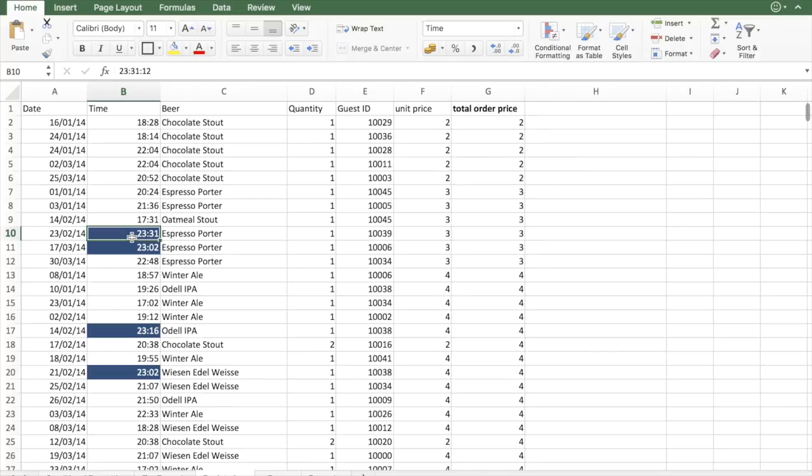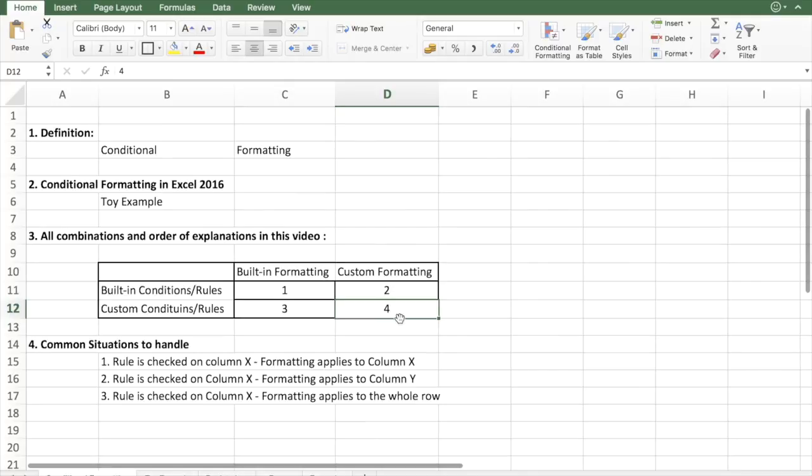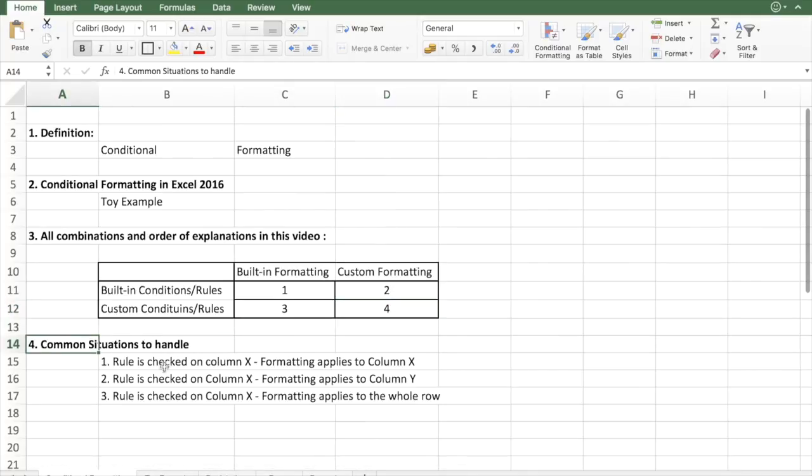I used very simple formulas. Those formulas are also available in built-in functions, I think. But I wanted to show you how to use the formulas. The purpose was not using very complex formulas. We are going to use more complex formulas, or at least a bit more complex formulas, in the rest of this session. So now we did the fourth. Now let's go to common situations in order